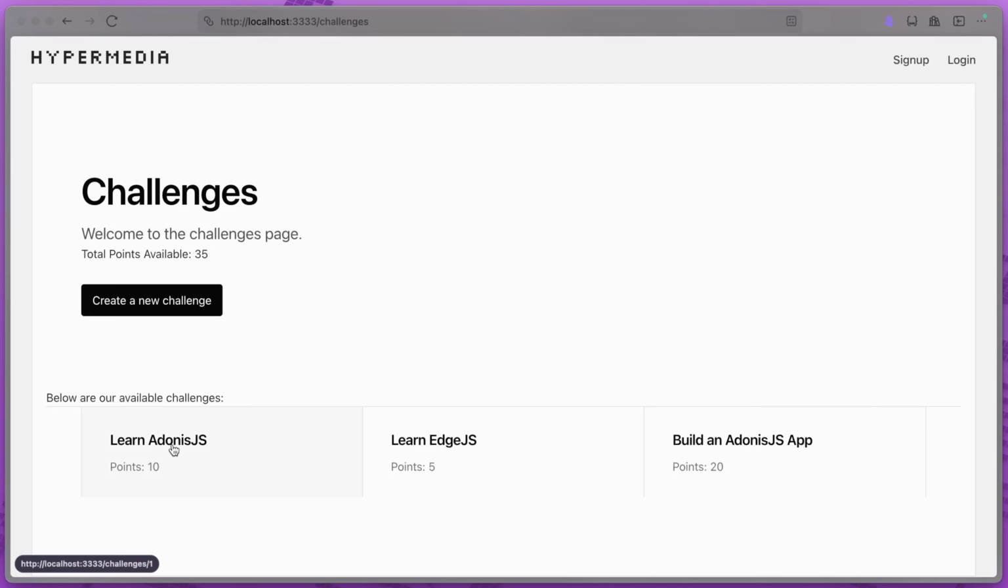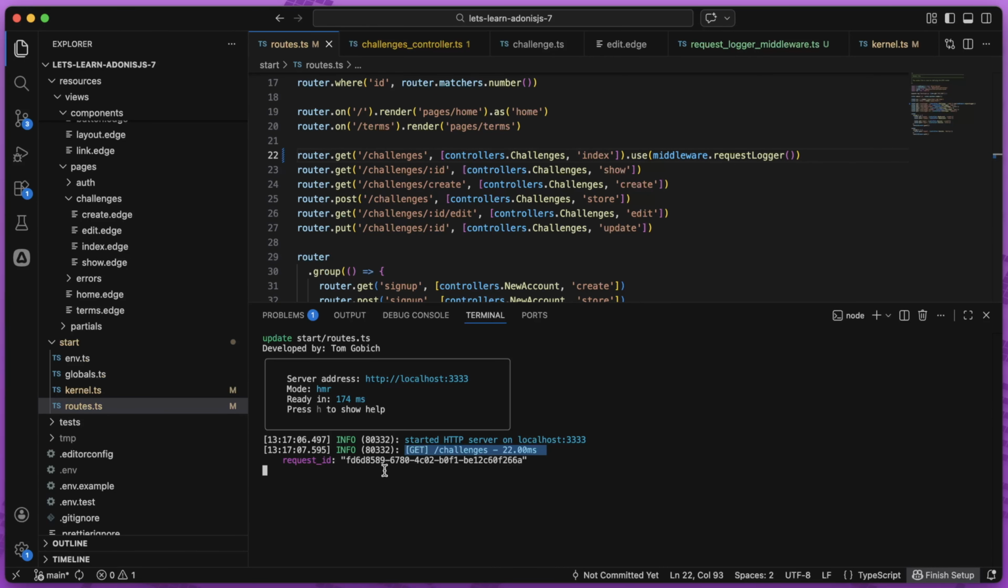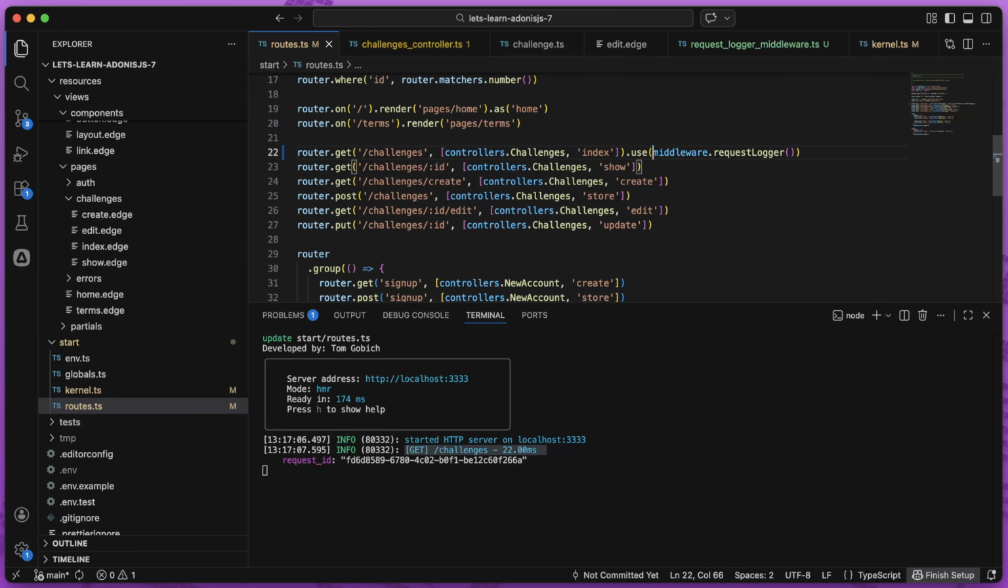If we jump into the show route though, we'll see that we don't get any new logs because we don't have it applied to that particular route definition. If, for example, we wanted this middleware to be applied to all of our challenges routes, we could individually apply the use middleware for each one of those, kind of like this. However, there's a cleaner option if you prefer to just have these defined in one spot for each, and that's